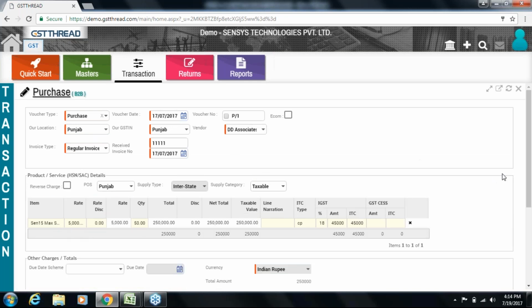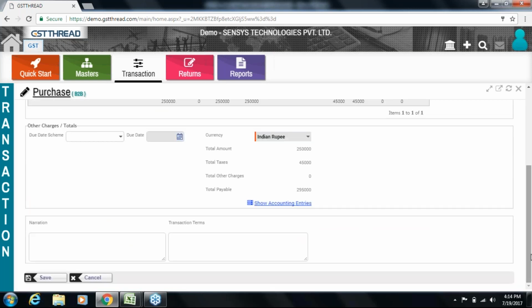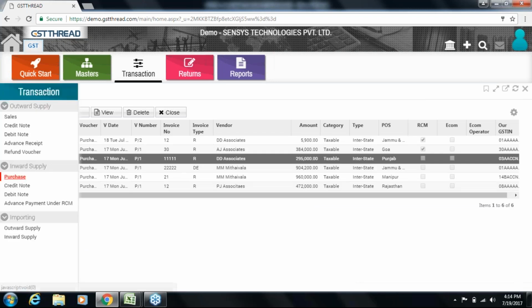We mention the item that we are purchasing, the amount and the taxes, and the total summary shall be reflected here. As explained in sales, you can make credit note and debit note under purchase, and advance payment under RCM. The purchase and sale transactions can be made by way of importing, which is done by way of the predefined template.